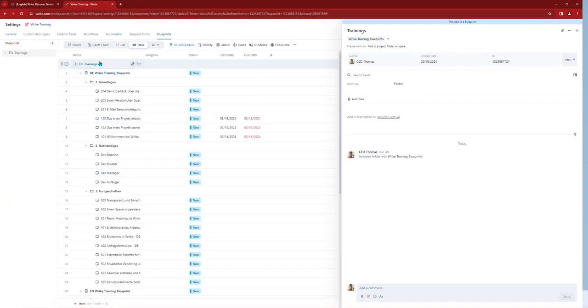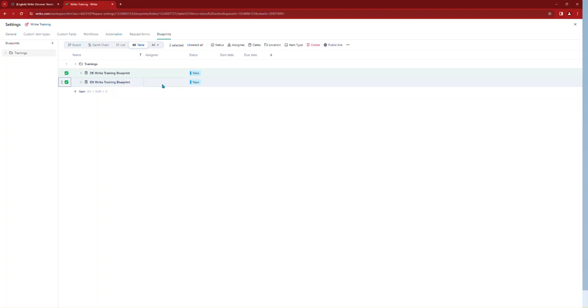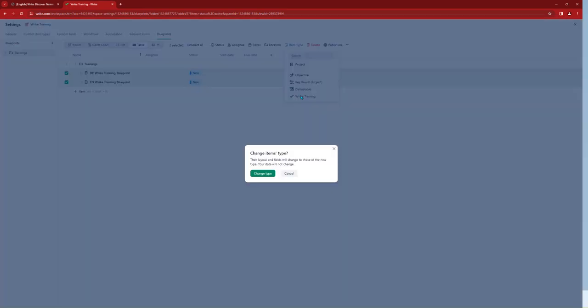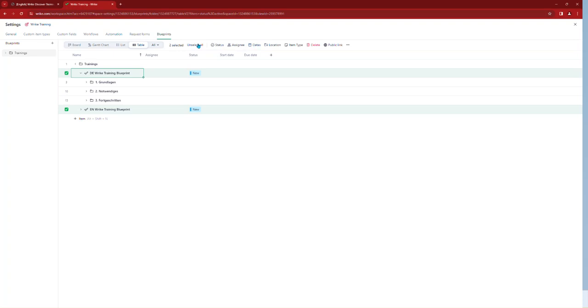Here we go. So now what we need to do, I'm just going to collapse everything up here, set item, collapse all. I have my two projects up here, and I select the two projects and I change the item type to Wrike training. And also for the sessions up here, I'm going to unselect them all,